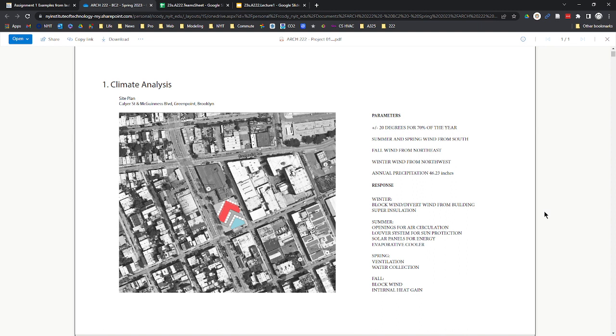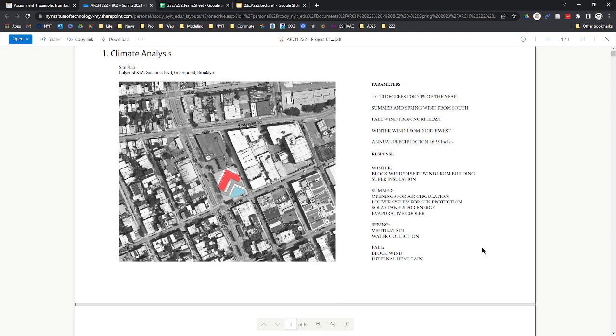Now, what I said in class was that you could just choose a blank site, and I think that's okay. I think it'd be better to pick a site that has some context so that you get more experience understanding how the sun and wind are affected. Maybe not the wind so much, but definitely the sun. The wind is affected by the context, but you won't be able to see that. You just will have your raw data. But anyway, they have determined the basic parameters of the site, and then this group's made clear decisions on how they would respond in winter and summer, spring and fall, the two equinoxes. And then they